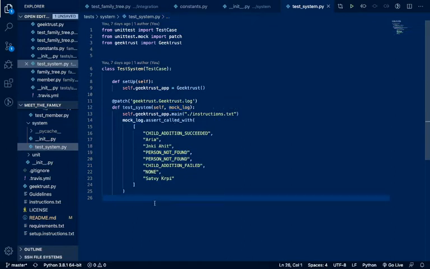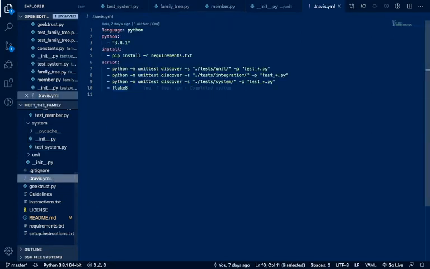So with this, when this test passes, we can proudly say that all of our tests have passed and our system is then complete, right? So how do we test? How do we perform system tests? It's pretty simple. These are all the scripts. So before, by the way, just go into Travis YAML and copy this out in your Travis YAML as well. Before, we had only two of these. We had test integration and test unit. Now we add test system as well, and in the end we have a flake8 command.